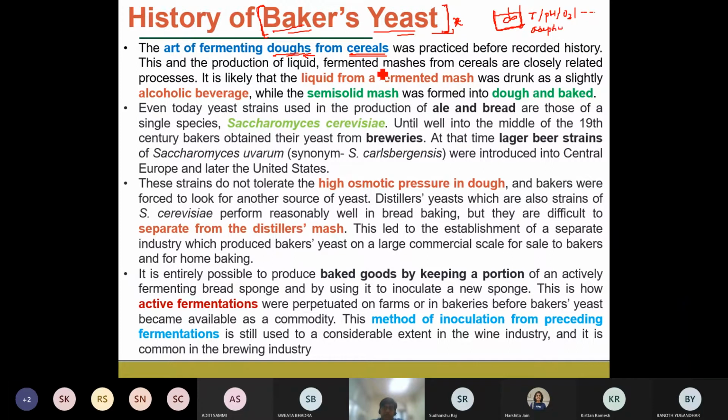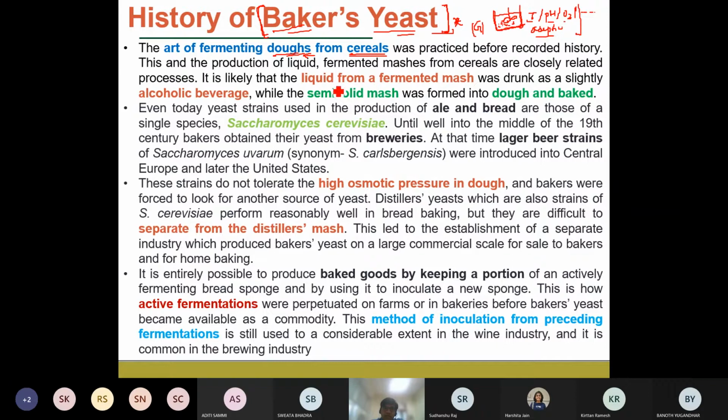However, when we are doing natural fermentations, the aseptic conditions are lost, and fluctuation of temperature, pH, and oxygen takes place, and that affects the fermentation process. The quality of the product or the biomass being produced is going to vary. Why? Because if the temperature, pH, and oxygen fluctuate, the growth of the microorganisms within that bioreactor is going to change. So in the prehistoric times, what used to happen?